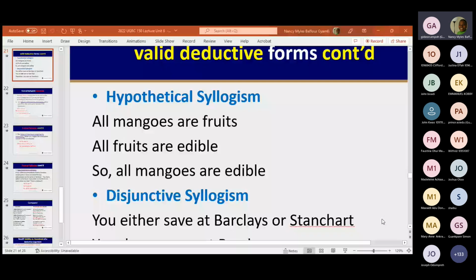Under the first hypothetical syllogism, the invalid one, in the pattern, it was all X are Z, all Y are Z, so all X are Y. So the example in the textbook was saying that all his friends are from Nigeria. All the Muslims in this room are from Nigeria. So all the Muslims in this room,